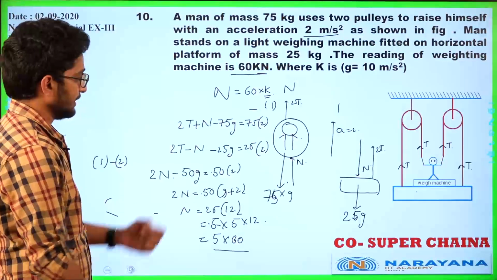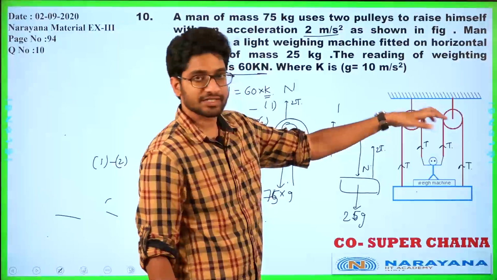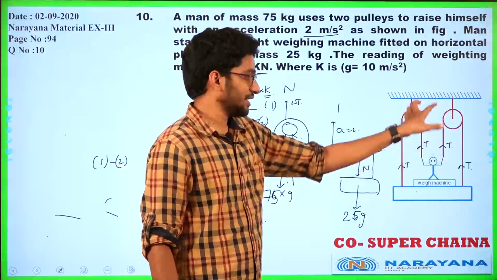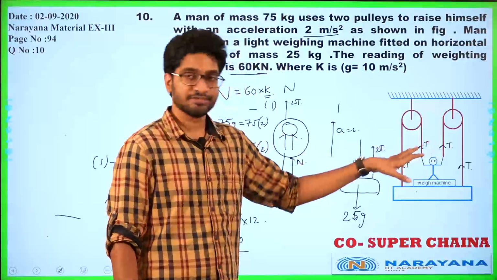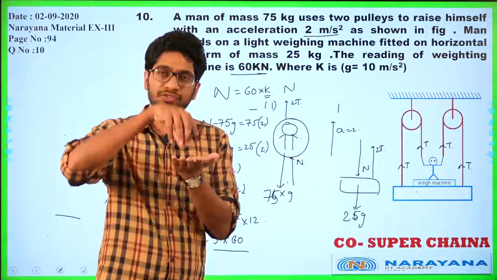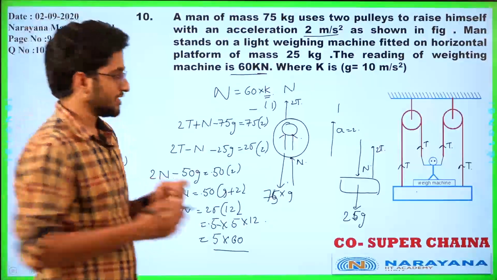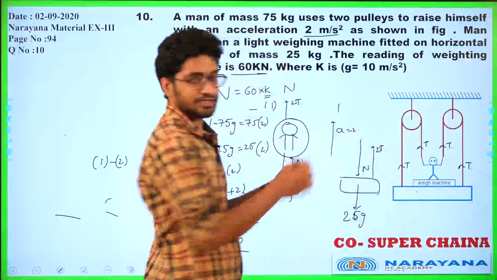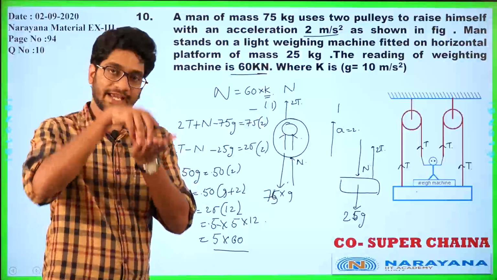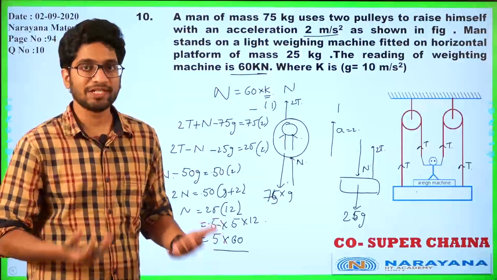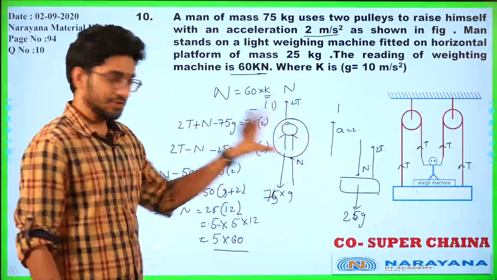But there will be a little change, because in a normal lift he won't be acted upon by tensions. He will have only the normal, but here there are 2 tensions also. So that's why we had to take all the free body diagrams. Otherwise, if he is just moving up with an acceleration 2 standing on a platform, you can directly say normal is m into g plus a. The only change here is there are 2 other forces acting, 2 tensions. But in this case, since there are 2 other tensions, we have to do all this procedure.